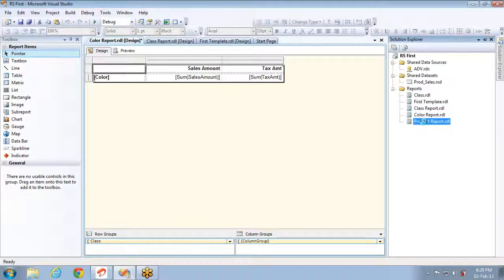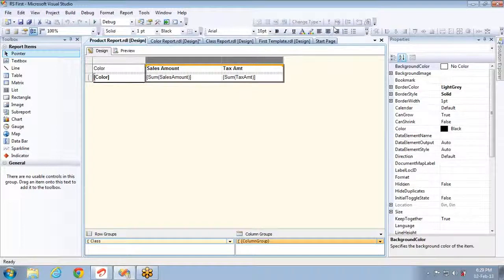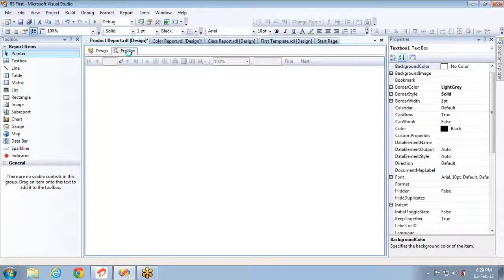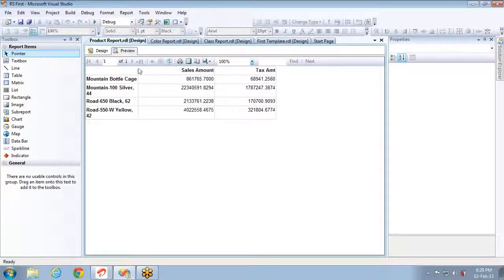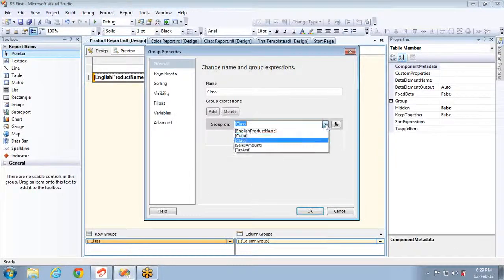Okay, and if I take the product report, let me set it to right align, and I'll take English product name here, and let's see how it displays the data. It is showing top 4. Now the problem is here. It is grouping based on class. It should be based on product name here.